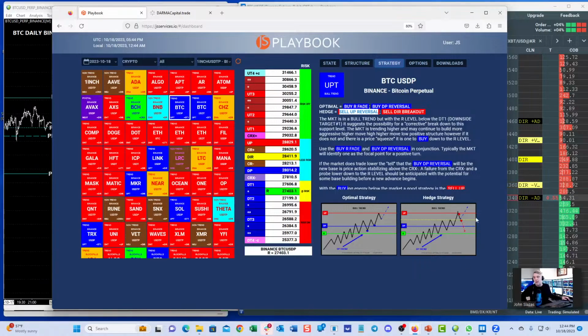But we don't do that. And so the hedge theme fully engages, and it generates another signal. It gives us this sell DIR breakout signal. So this is again validating this hedge theme. So the market is telling us that this is not true. So we can't think the market's going to act like a bull trend anymore. It's done for the day on that.